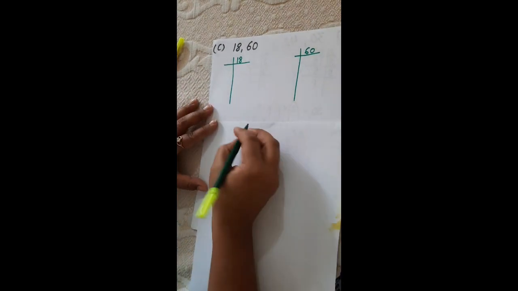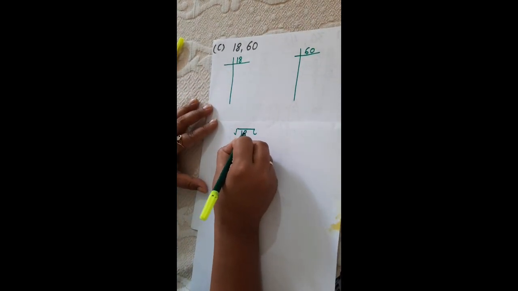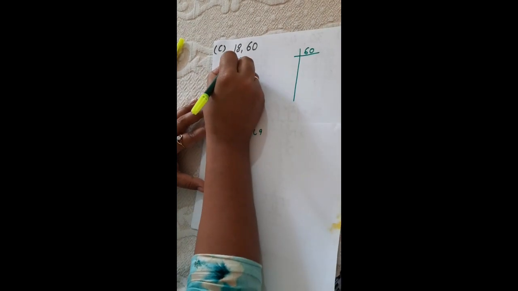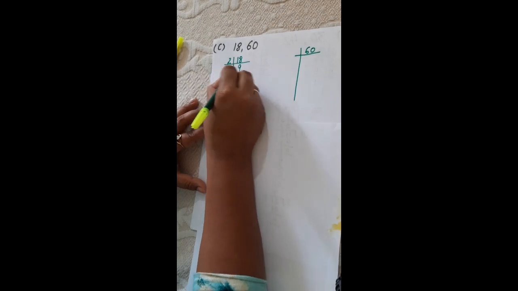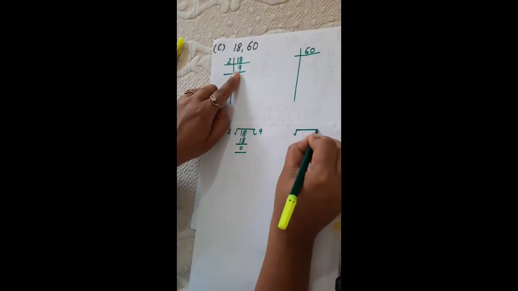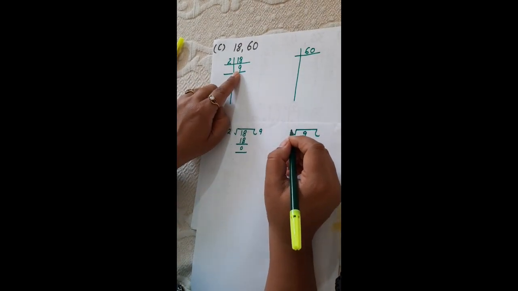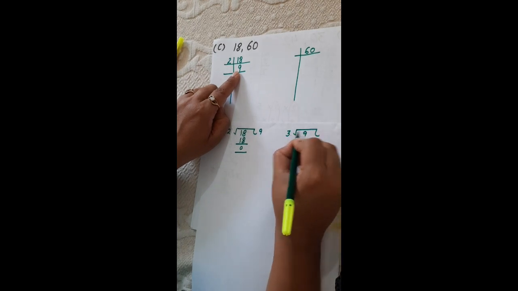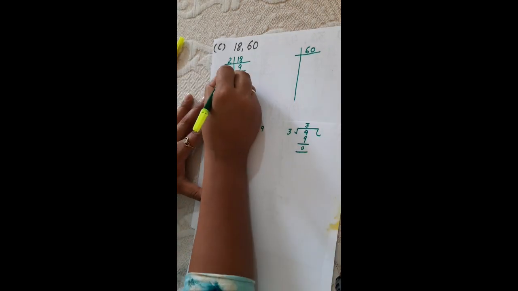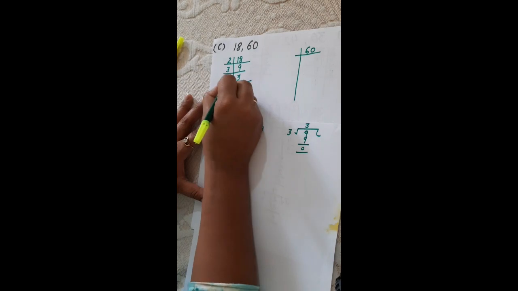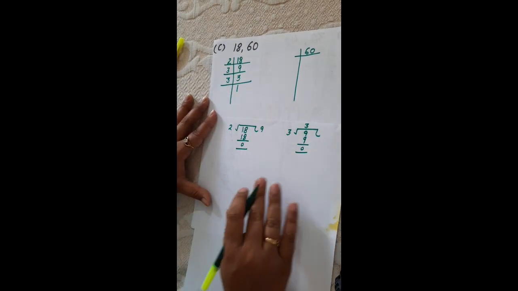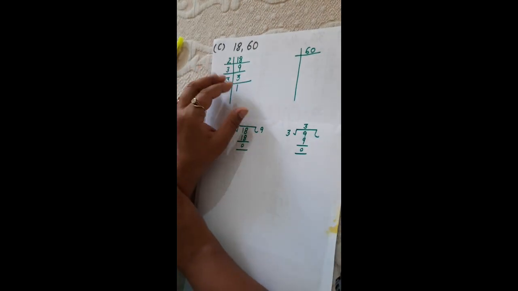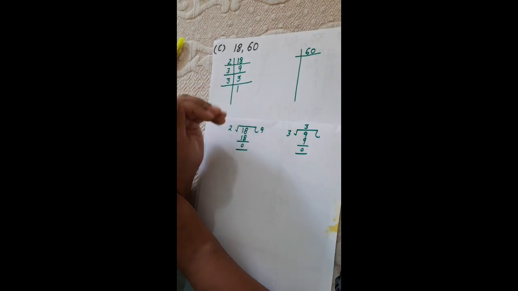For this, let's divide 18 by 2. 2 nines are 18. So here I will write 2 and here I will write 9. When you divide 9, as we know that 9 is not a multiple of 2, it is a multiple of 3. So 3 threes are 9. So 3 ones are 3. You can check whether this number is divisible by any other number or not.